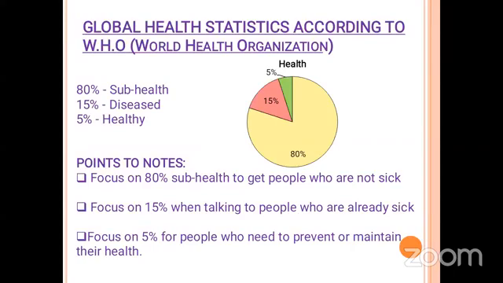If you are going through Tiens Health Concept, you will discover this is global health statistics according to the World Health Organization, which shows that 80% of people are under sub-health, 15% of people are diseased or are not fit, then 5% of people are healthy. So when discussing this with customers or potential prospects, how are you going to focus on this to get good results? If you are talking to someone who is not sick, that person should probably belong to the sub-health state,